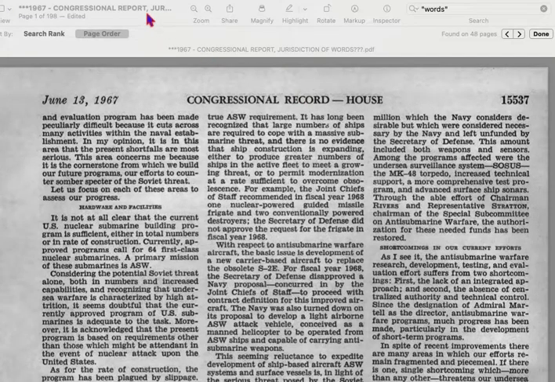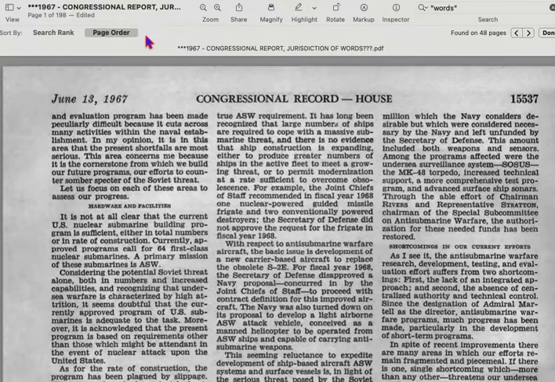Good morning, this is Jen, the Liberty Lion, and today I want to go over a congressional record. It's June 13th, 1967, and we're going to go forward on our pages to about 105 on the PDF out of 198 pages. But I want to give you a little bit of background, and that background is that prior